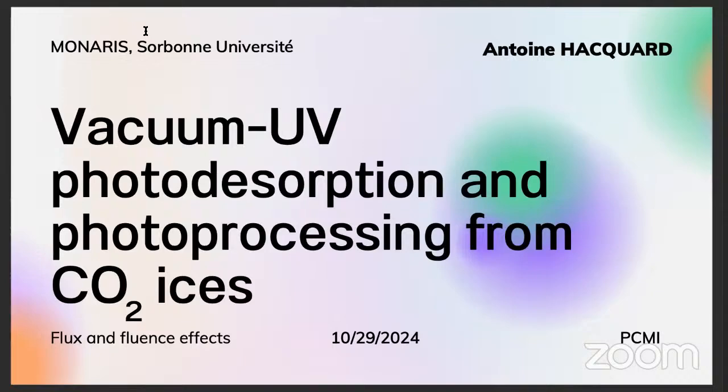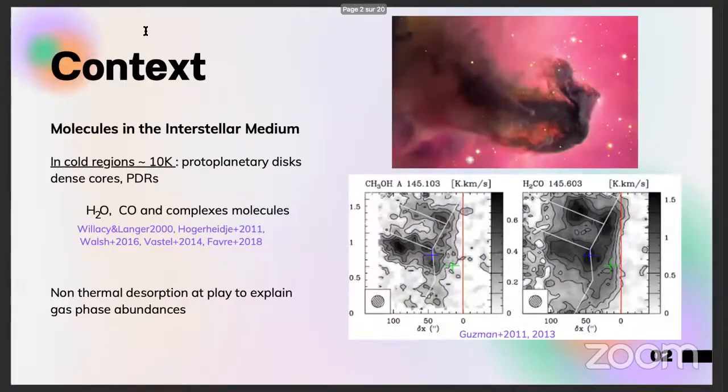We're going to talk about ICs and in particular photodesorption and photoprocessing from CO2 ICs. It's a part of my work as I'm a third year PhD student at Paris, and I will focus on flux and fluence effect. So I'm interested in molecules in the interstellar media, and in particular in cold regions where